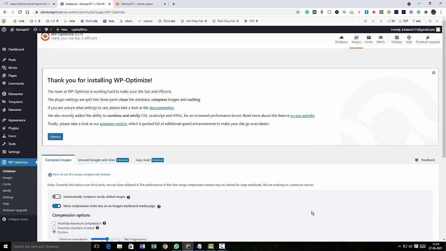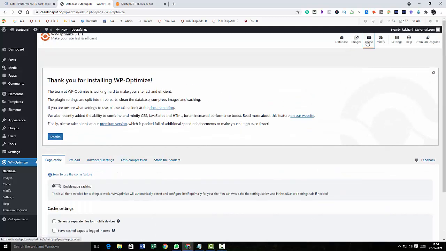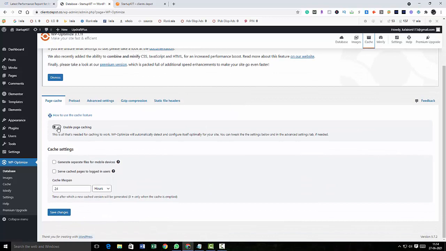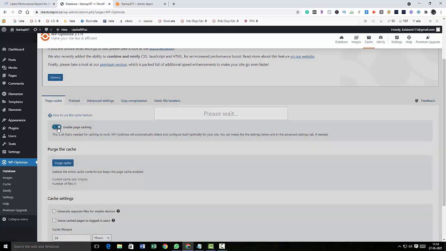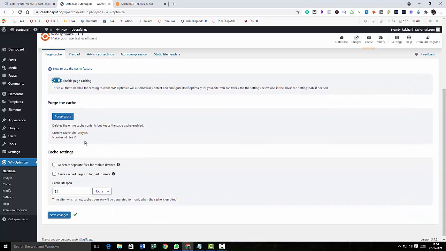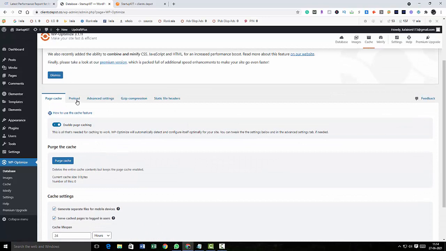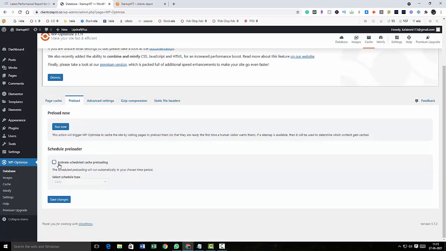And next, we are going to click on Cache tab on the top right corner, and we are going to make sure that our site has cache enabled. And under Cache Settings, click on these two checkboxes and select 24 hours, and then click on Save Changes. Under the Preload tab, I'm going to click on Activate Schedule the Preloading, and I'm going to save changes. And that's it. Now we are going to check the site again,